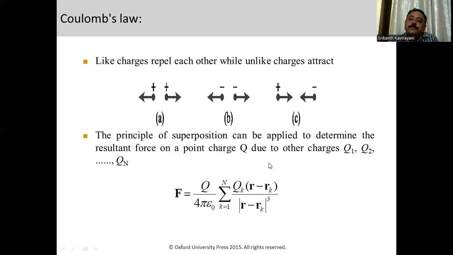The principle of superposition can be applied to determine the resultant force on a point charge Q due to other charges Q1, Q2 up to Qn, which gives us the generalized expression, based on our earlier definition that Coulomb's law is linear, which gives us F equal to Q by 4 pi epsilon naught sigma k equal to 1 to n qk (r minus rk) by |r minus rk| to the power